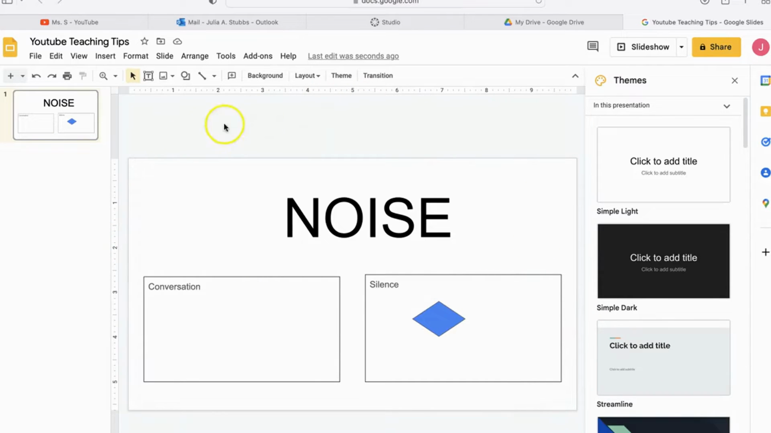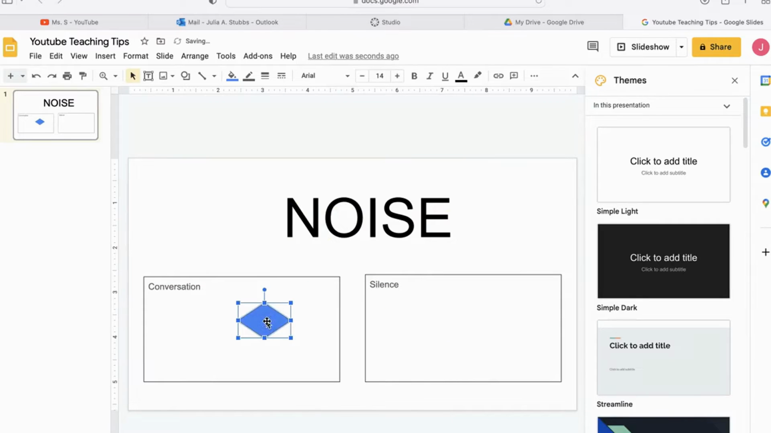So at the front of my middle school classroom, and I teach 6th, 7th, and 8th graders, I have what I call the noise chart. On the noise chart, I have the word noise written in big letters, and then I also have two boxes. One is the conversation box, and one is the silence box. There's also a magnet, which is what this little